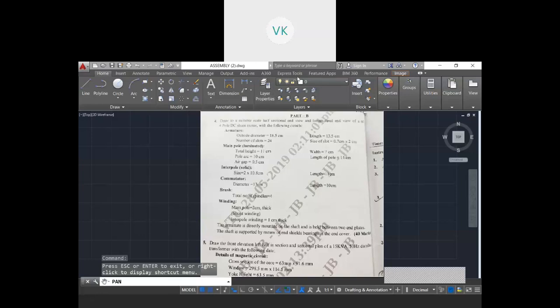Bharat absent. Diksha. Present, sir. Gokul Raj absent. Gautam. Yes, sir. Komal absent.